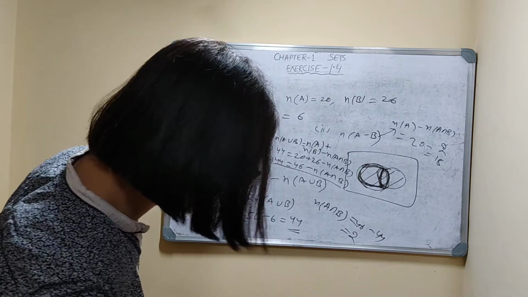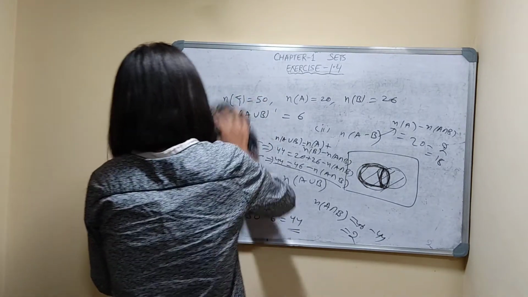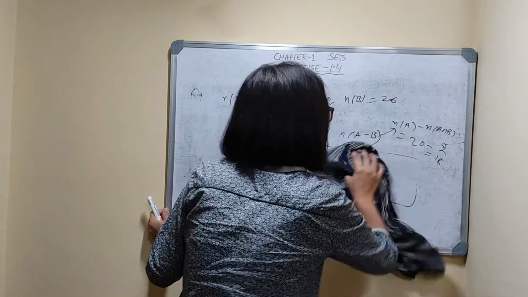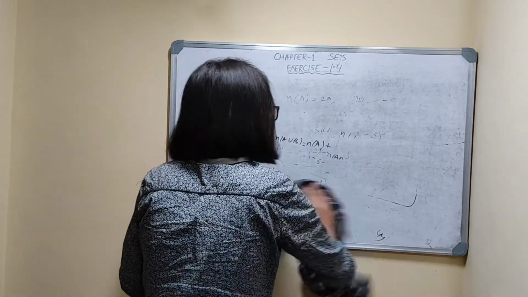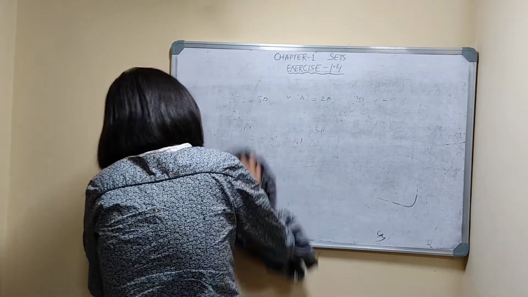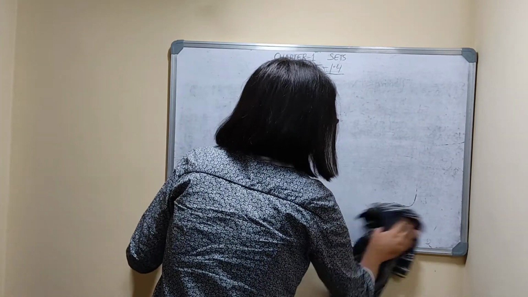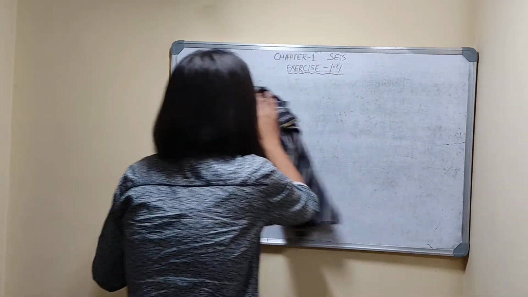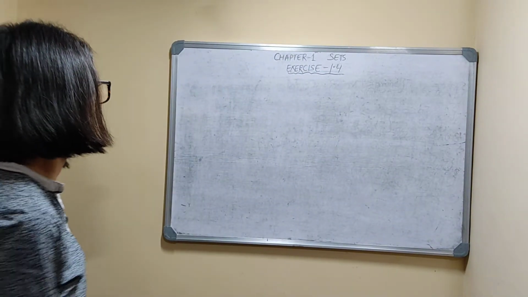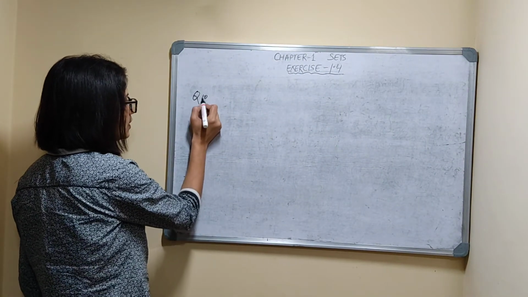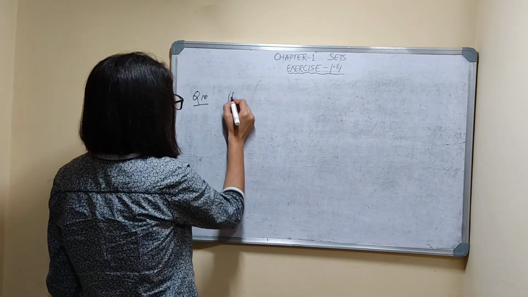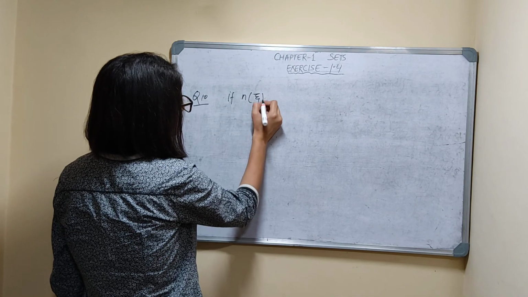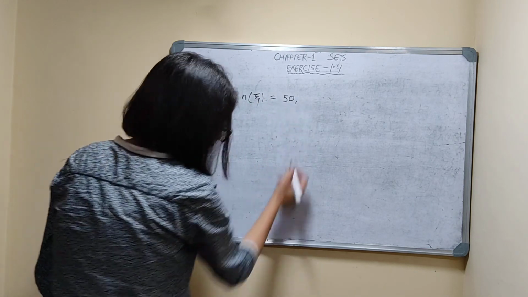Now question number 10, you can see here. Question number 10. If n epsilon is equal to 50, n epsilon is equal to what? 50, and